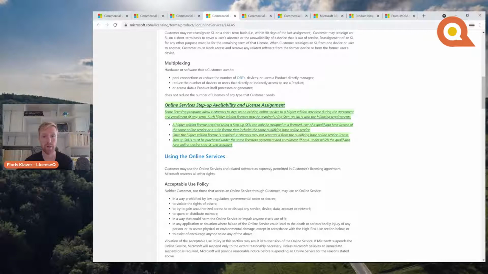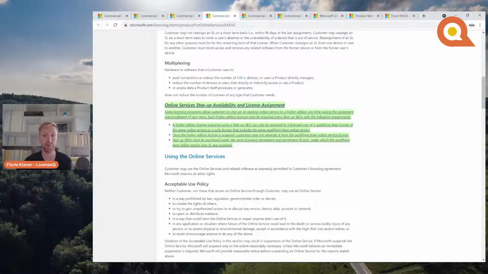So in order to qualify for a step-up or go to a higher edition during your term of the agreement, so you have Exchange Online Plan 1, for instance, and you want to move to Plan 2, you can buy a step-up. Or if you have Enterprise Mobility and Security Suite E3, and you want to use Azure Information Protection Plan 2, you can buy a step-up for that